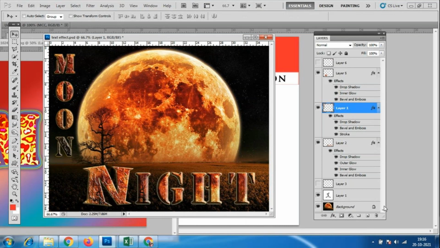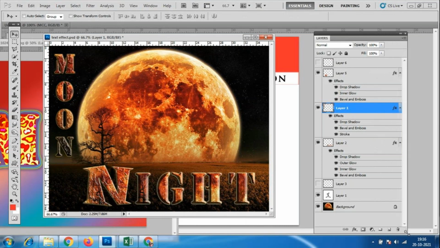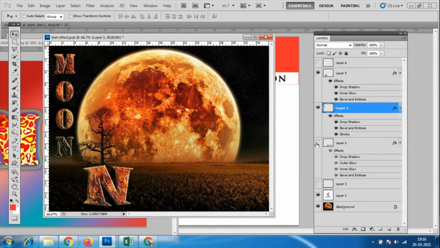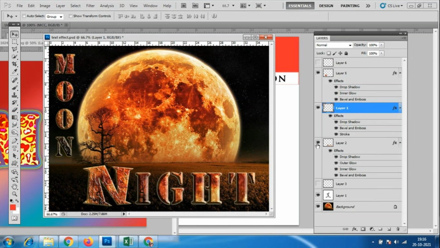With the layer itself we can remove everything, and keep whatever effects we want. Suppose I don't want the stroke, I can remove the stroke. I have added the drop shadow and bevel and emboss here, and only this much text I have applied. If I remove the effects, it looks completely flat. So all these things you can do with the text effect.